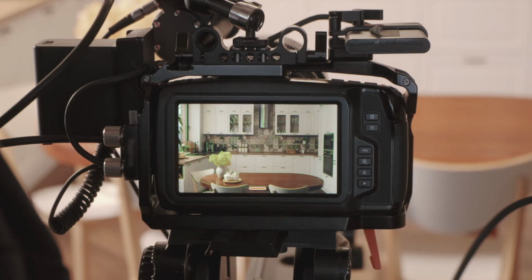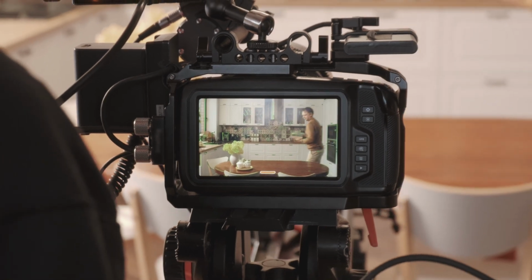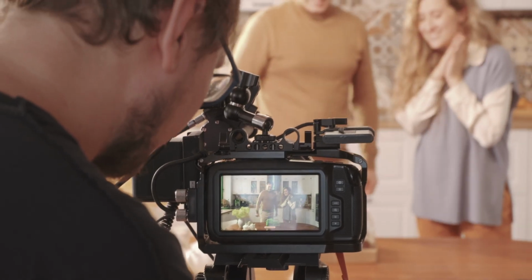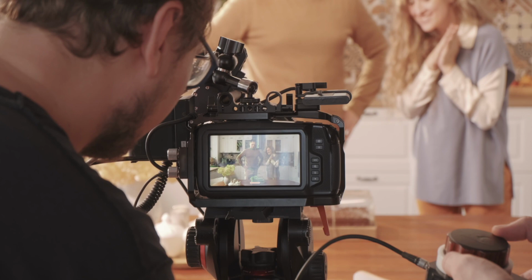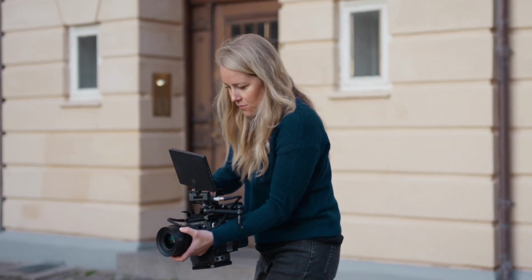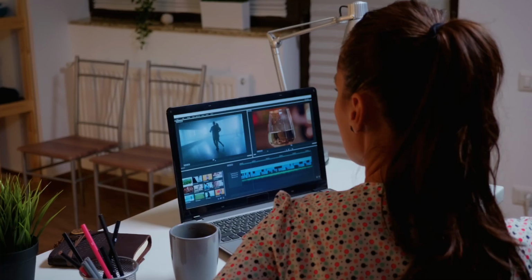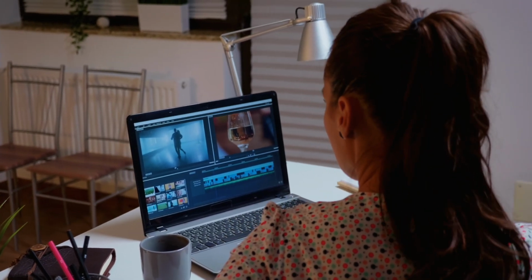Being consistent also means batching it out. Don't just do one video a week. It takes so much time. Just the setup for your videos, for the audio, for the lighting, that in and of itself is like 20 minutes at least, if not more. And so if you can just set it up one time and then film 4 or 5 videos, well, now you get to have 4 or 5 weeks if you're posting one a week.